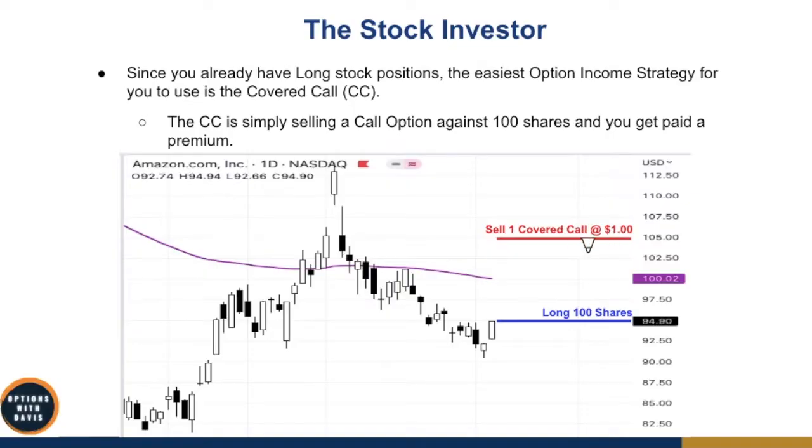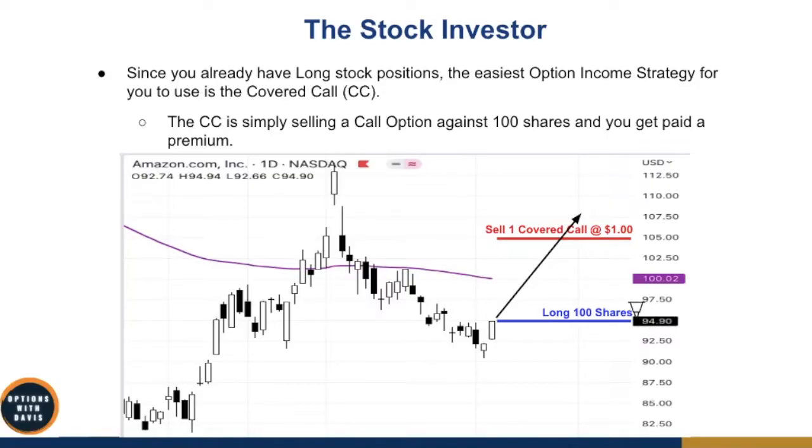So you receive $100 straight away into your account just by selling this covered call. Now, you might be asking, Davis, what happens if the stock actually goes above your covered call? Well, two things. First of all, if the stock price goes above your covered call and settles there by expiration, then congratulations, you have just made money on your shares, because not only have you received $1, which is $100 in terms of income premium, you also actually made money on your